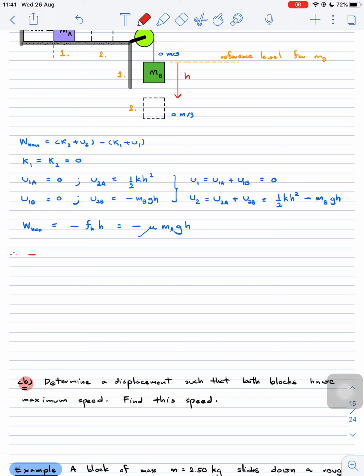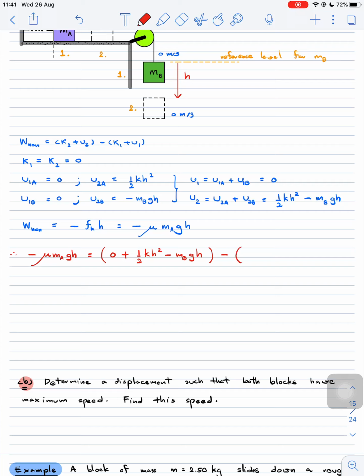We have that minus mu times m_A times g times h equal to... So now K2 equals 0 plus U2. U2 equals 1/2 k h squared minus m_B times g times h. This is for the K2 and U2